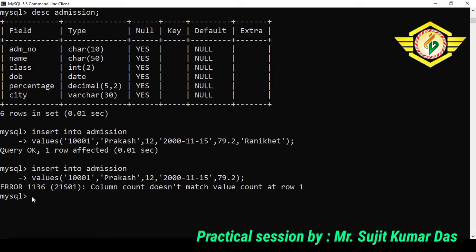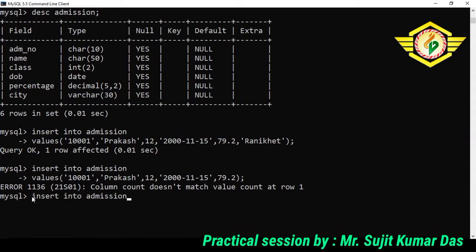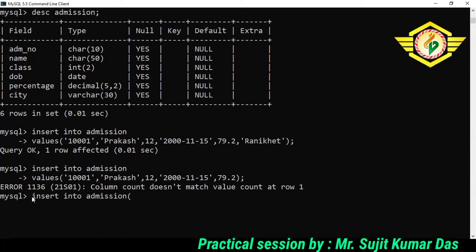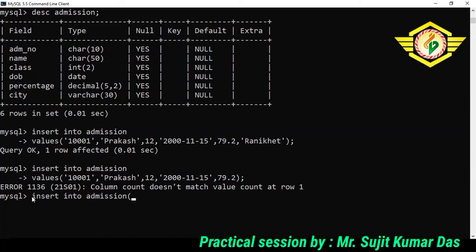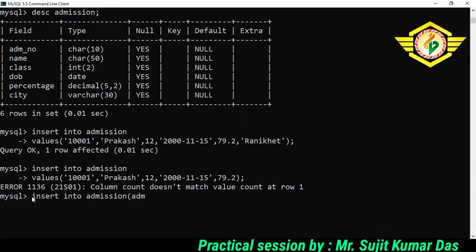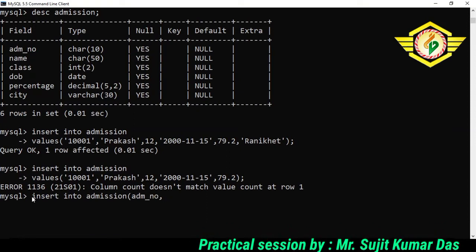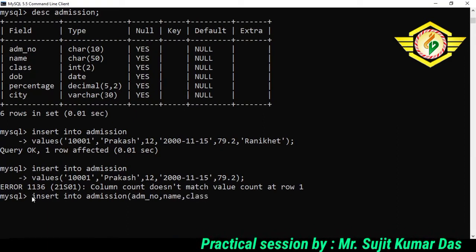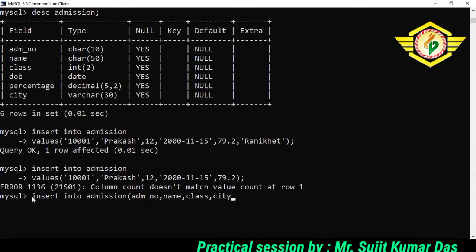Now we will try the second variant of insert into, that is when we give some special column values that we specify here. So insert into admission, then we put a parenthesis, and in that parenthesis we write the name of columns for which we want to provide the value. Let us give this admission number, and we want to give a name value and a class, and only at the end city.